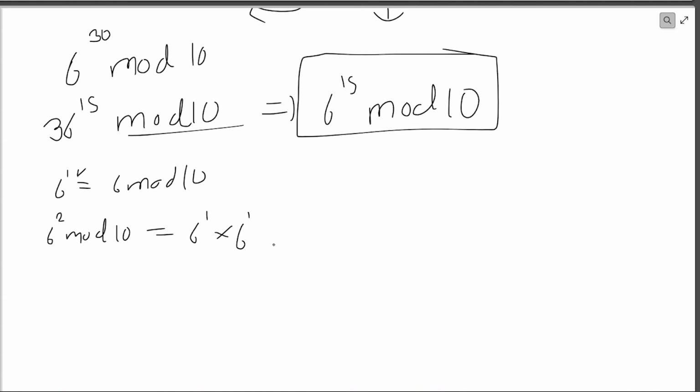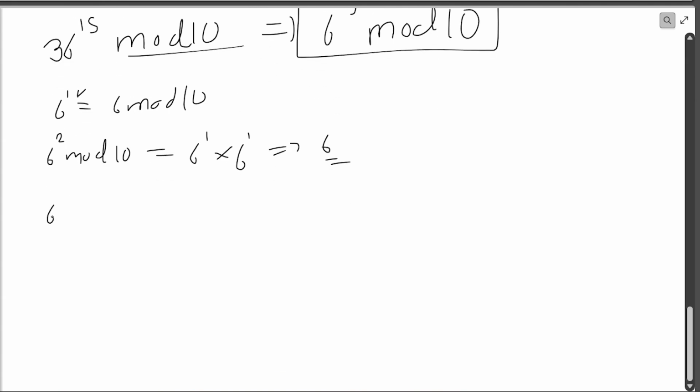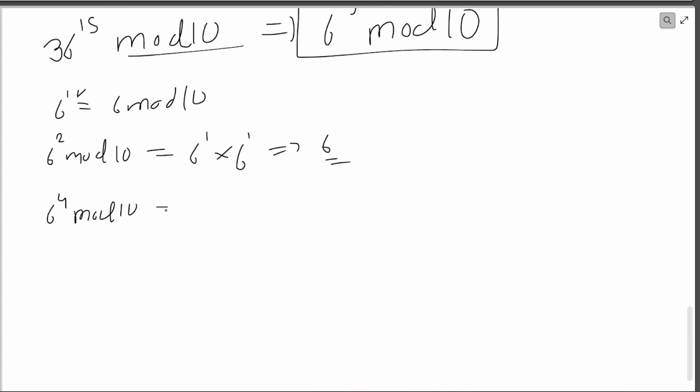So it would be 6 into 6 mod 10, which we know is 36 mod 10, which is just 6 again. Correct? Then you have 6 raised to 4 mod 10, which is again 6 raised to 2 into 6 raised to 2,